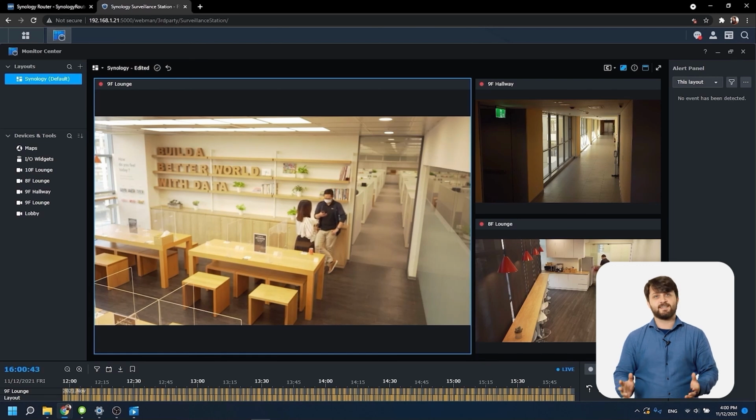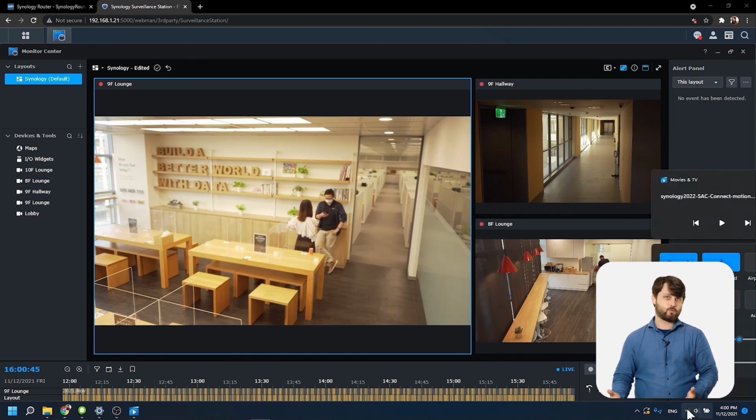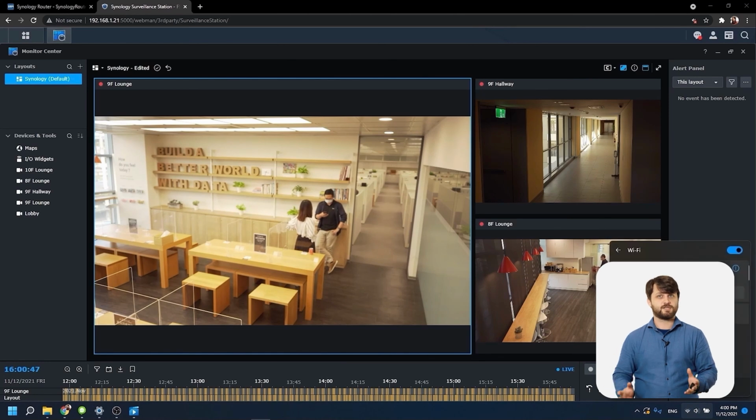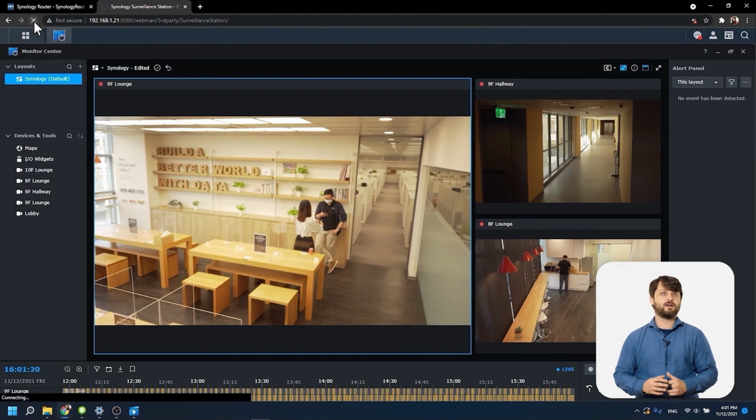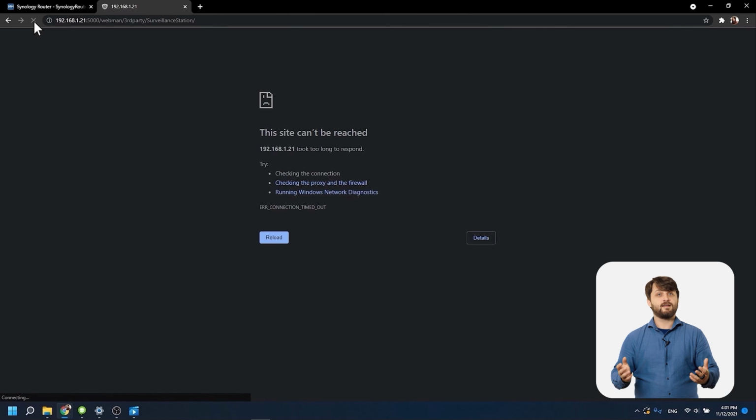Now what we should expect to see is if we switch our Wi-Fi network to the other one, we should lose connection to Surveillance Station because we're not able to communicate from the IoT network to our primary network because that firewall rule was created. So as we log into the IoT network here, we're now going to go ahead and refresh the page, and we should get no access to our NVR in this case. And that's great. That's the power of VLANs in SRM 1.3. You can really isolate and lock down your sensitive materials from more vulnerable things like the IP cameras in this case.